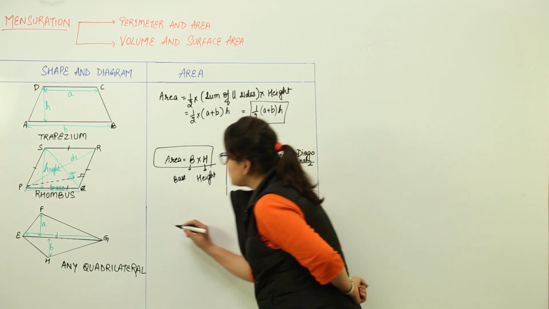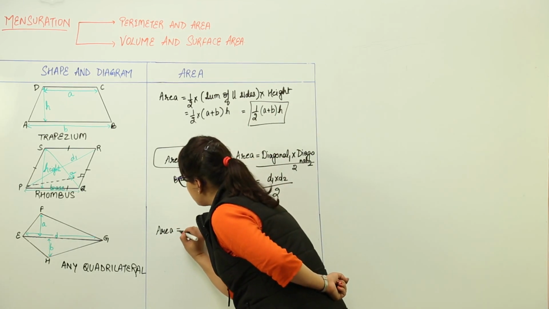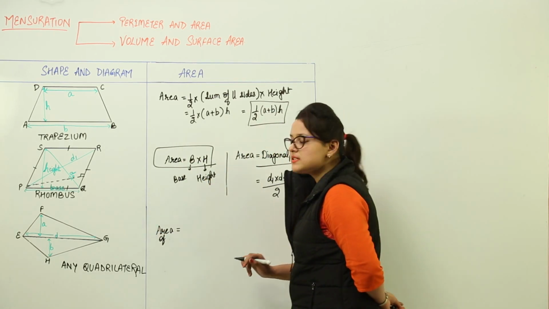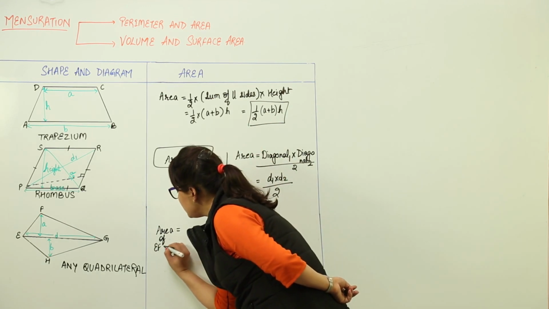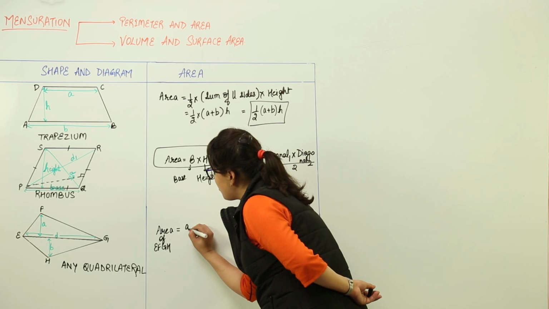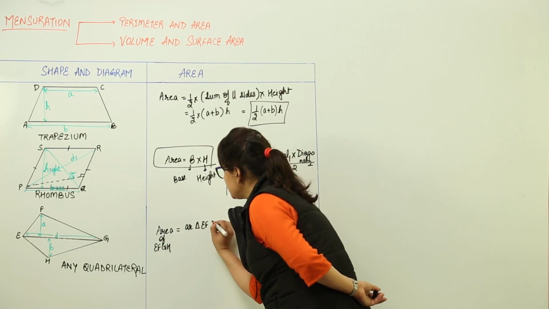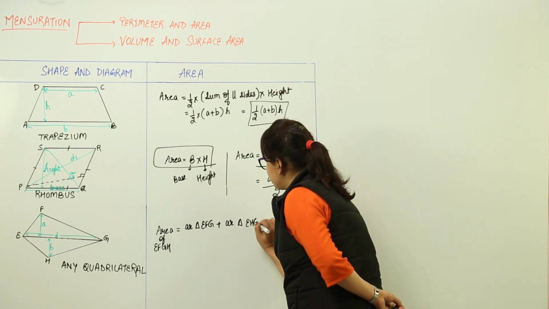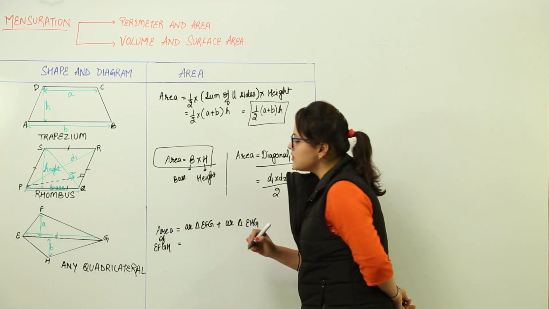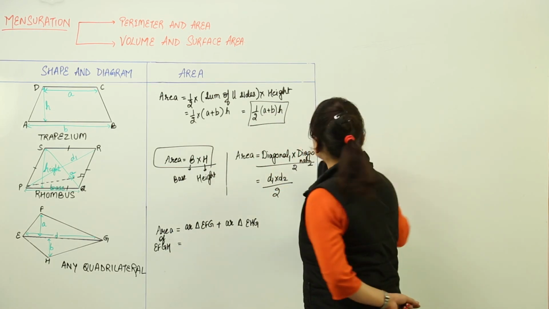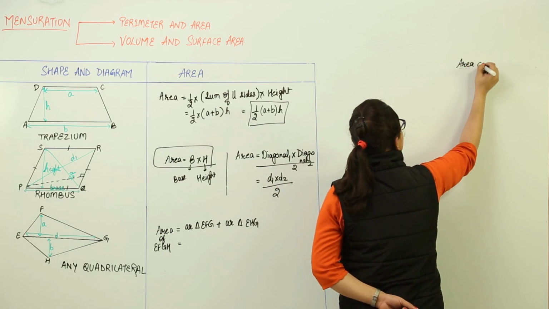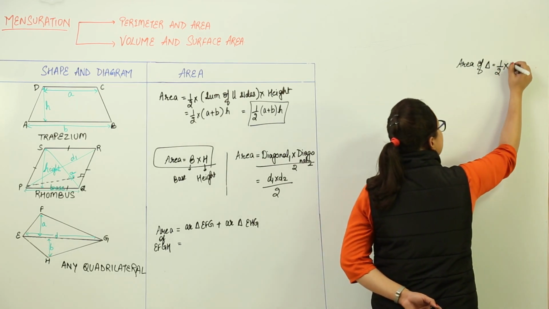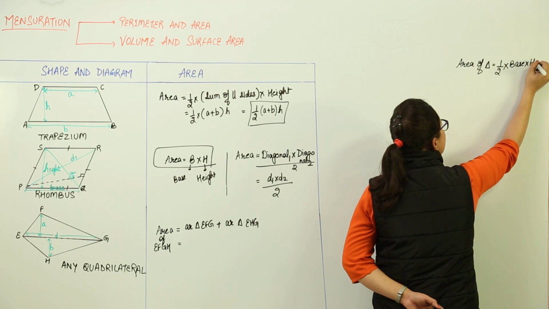So we can write that as area equal to, here I am going to write the total derivation of how the formula for this is derived. You can write the area of EFGH as the sum of area of triangle EFG plus area of triangle EHG. Now what is area of EFG? What is the formula for area of triangle? Area of triangle is calculated by the product of half base of the triangle into height of the triangle.